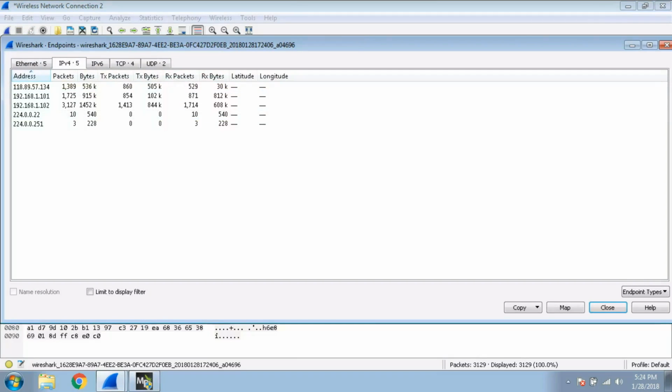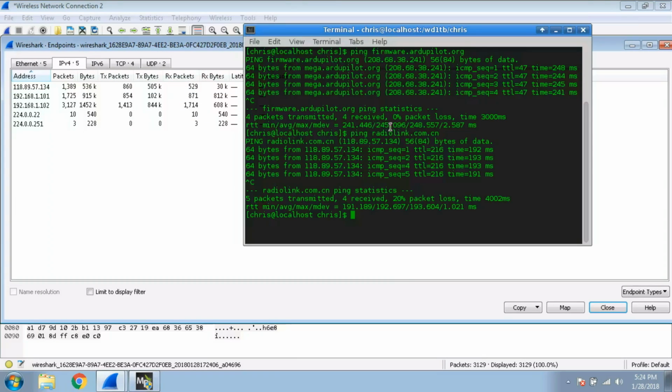This time we'll see radiolink.com.cn is 118.89.57.134, which is there. These other ones are pretty inconsequential. I think this is something in Google, and this is my local router and other computer. But anyway, you can see there, this is the Radiolink website now, that it is pulling the